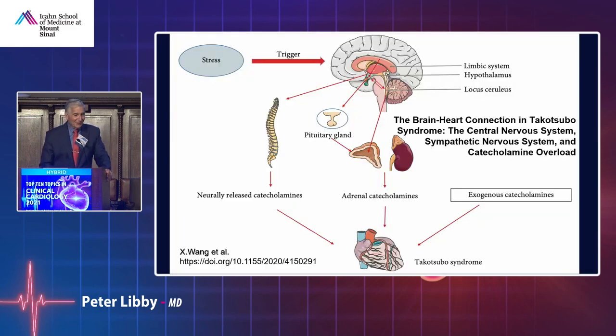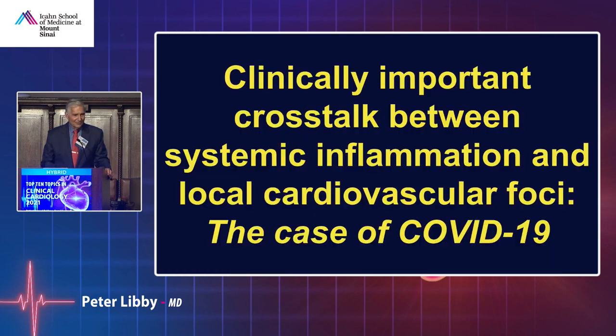Now, that kind of picture actually resembles this one, doesn't it? And this brings it home clinically because we all see patients with stress cardiomyopathy, Takotsubo. If this were my diagram, we'd actually see apical ballooning in the bottom image. Okay, we'll have to give him a pass on that. But the point is that this not only affects the atheroma, but also the myocardium, this axis from brain, sympathetic nervous system, and inflammation. I'm going to close, as we started today, with taking this concept home for clinically important